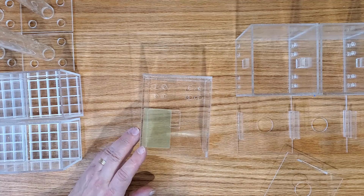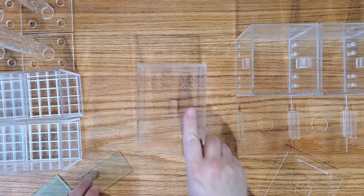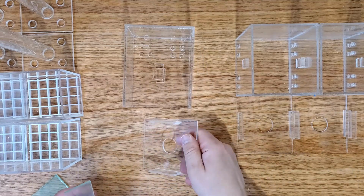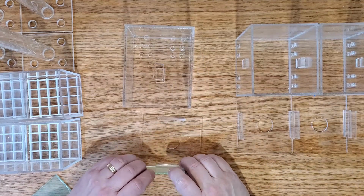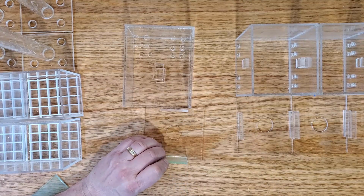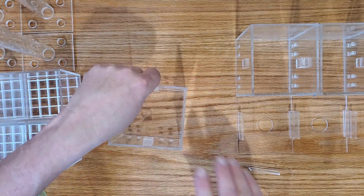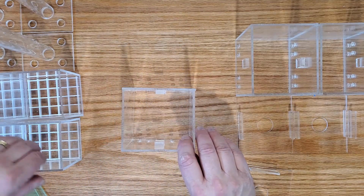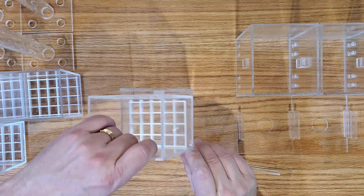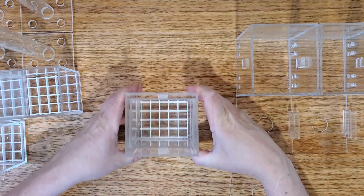It's definitely not the same kind of quality of the old ones I have, but the other thing I want to show you is I've templated these. I made little jigs for all of them so that I don't have to measure anymore. Just put them on and glue it. It's much faster. And that's, again, just a simple way of making building filters a little simpler. And I'm just going to stick this together. Show you one of them anyway. I'm not going to stick them all together. And then we'll get to